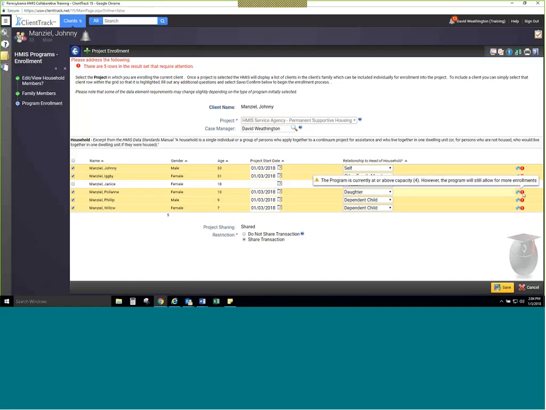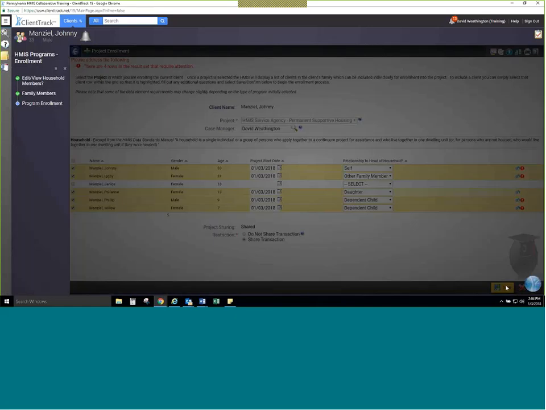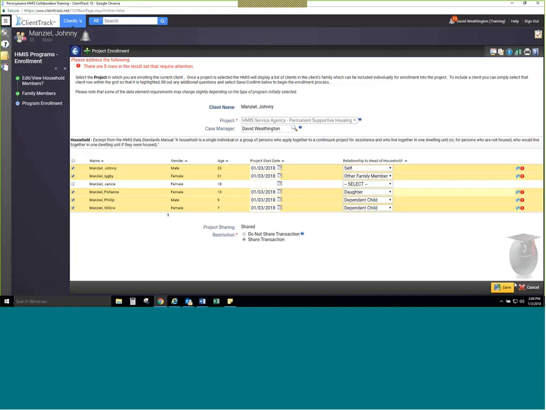Okay, so as you notice, there are other alerts in the system set up for projects or programs that have capacity concerns. So a lot of times it could be a strict alert, or it can just be a warning alert. A lot of times if you just click Save again, and it doesn't save, then there's a restriction there, and it's warning you that it's at capacity